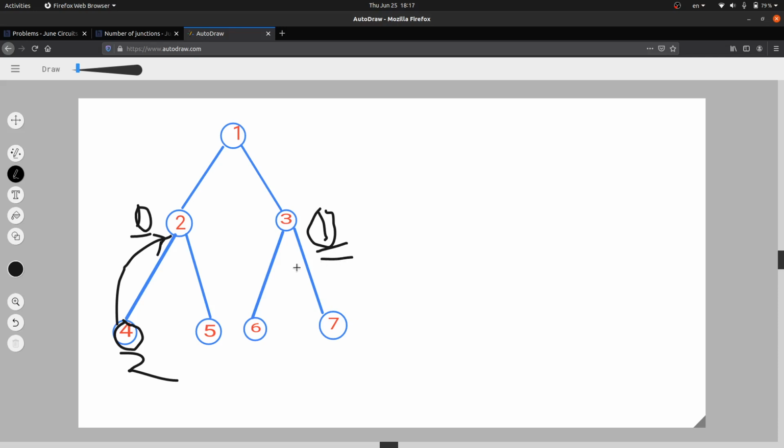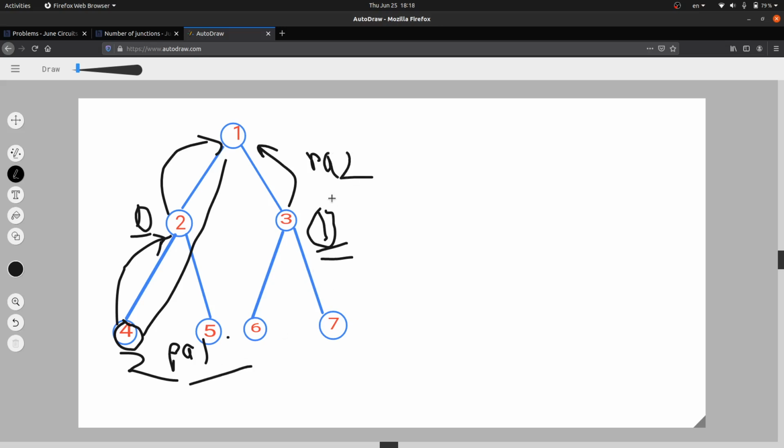Now we will recursively find the parent of both the nodes till both the nodes become equal. Okay, so its parent is this and this parent is this, and we will store the path traversed. This is path 1 and this is path 2. Now we have got 2 paths, and combining these 2 paths will give us our total path.